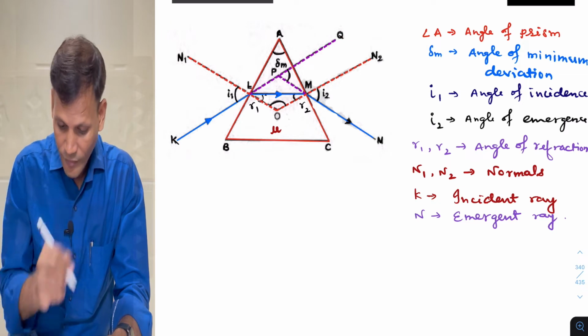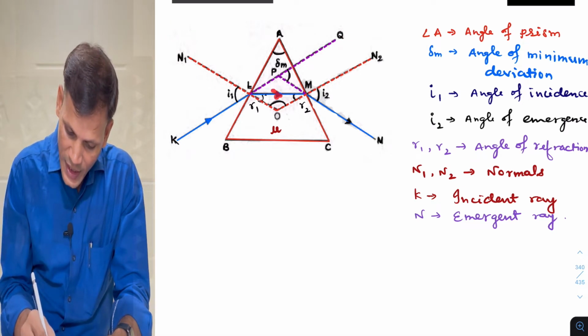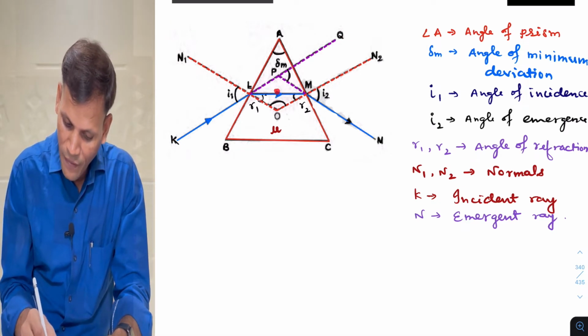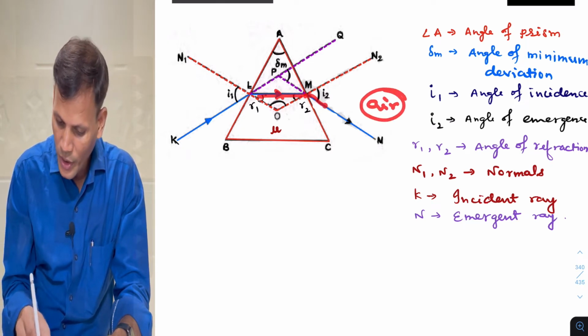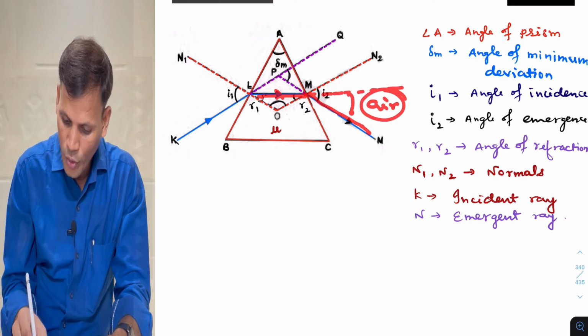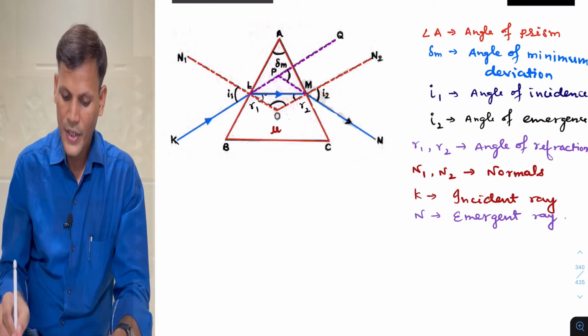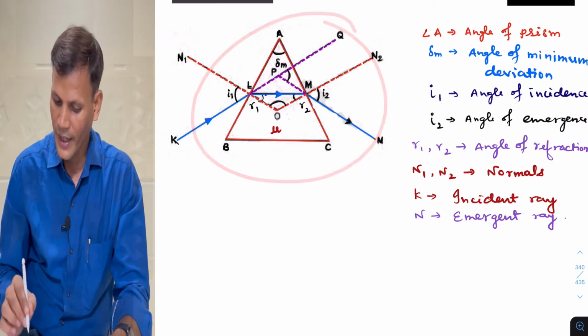Now this is the refracted ray. Now the refracted ray again emerges into air from here to here. Again its path must be like this, but it goes away from the normal, right? So this is all about the diagram.